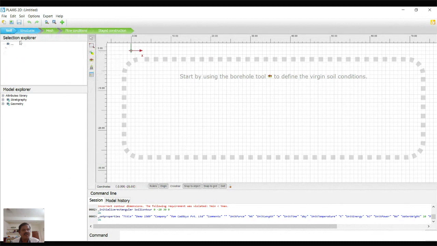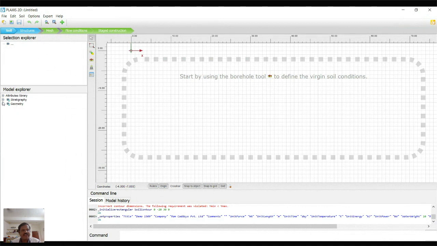The left top pane has the selection explorer. Whatever object you select in this graphical user interface window, if you select that object, its details are displayed in the explorer pane. Below that is the model explorer.